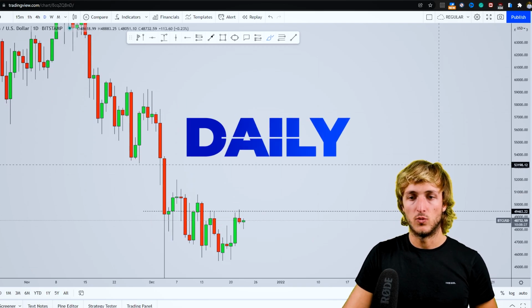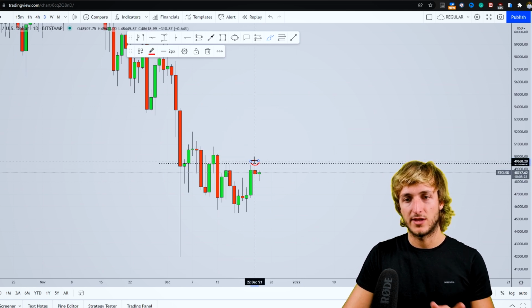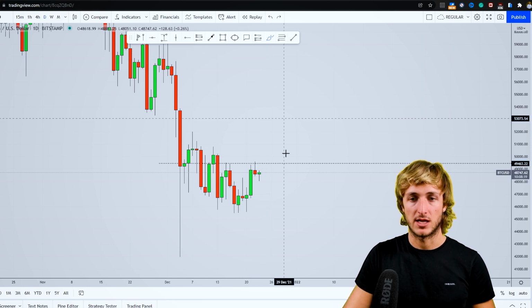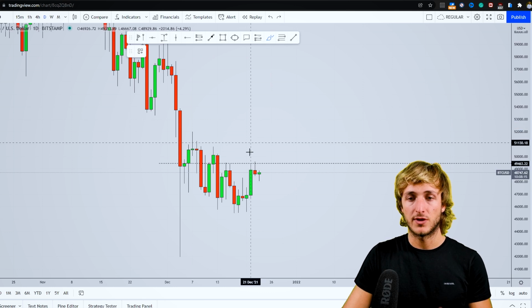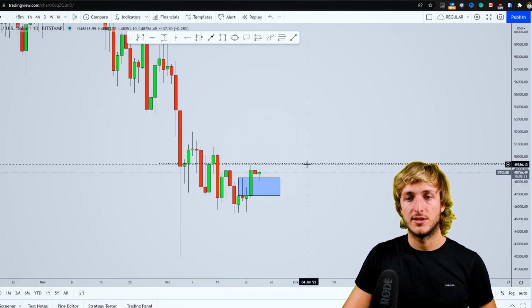Dropping down on the daily, what do we see? Now here on the daily, we can see how precisely we have tested and immediately started to reject the weekly resistance to the downside. However, the structure that we have on the daily is bullish. In fact, here on the daily time frame, we are currently above previous daily resistance, which was obviously